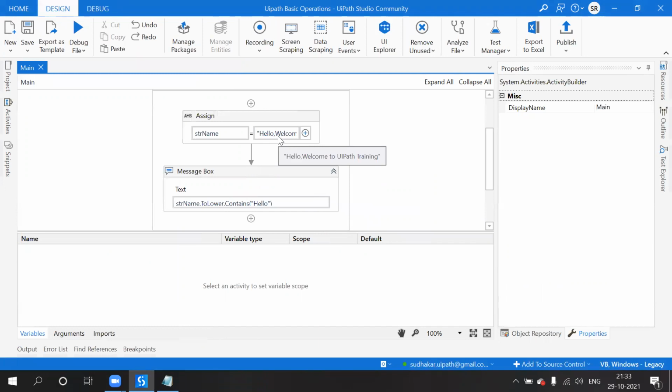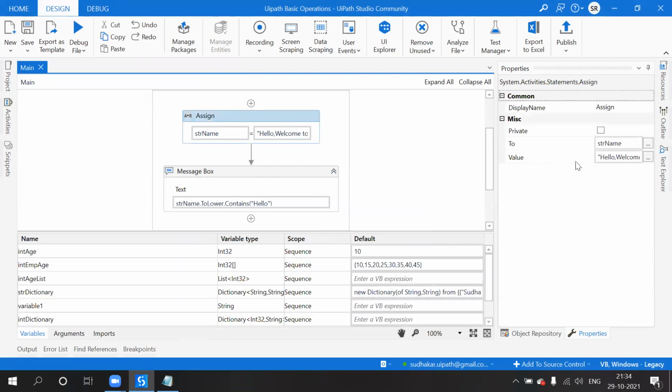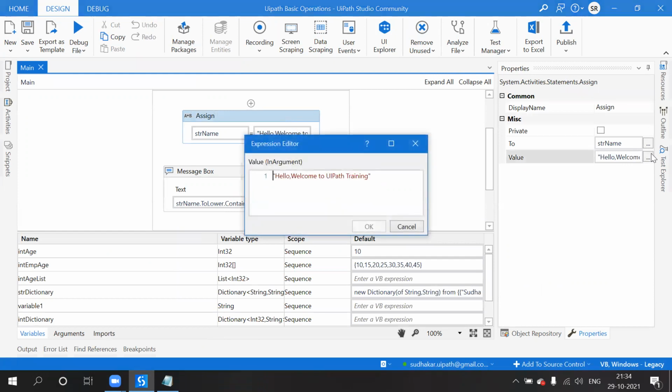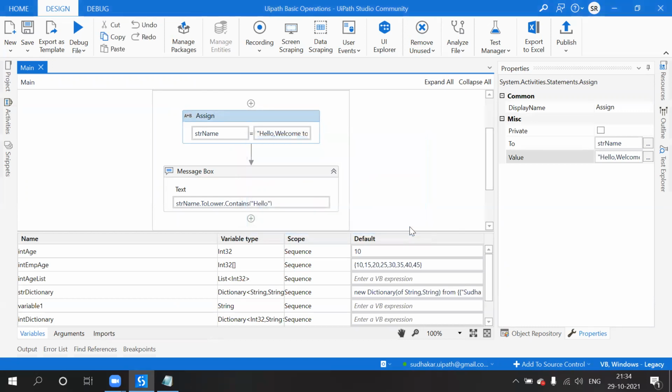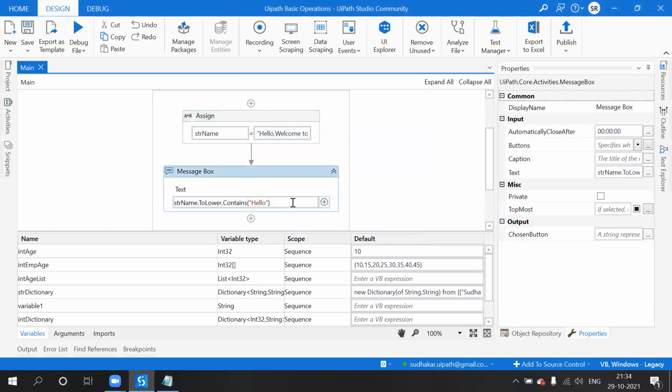Yeah, it should get true, right? Hello, welcome to UiPath. Tool over dot contains subflow.